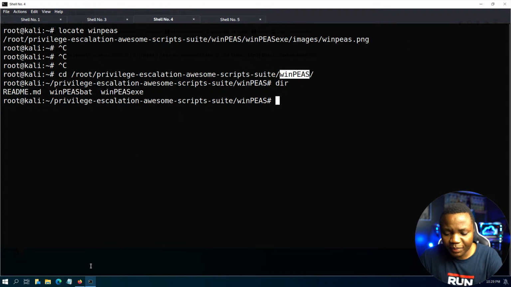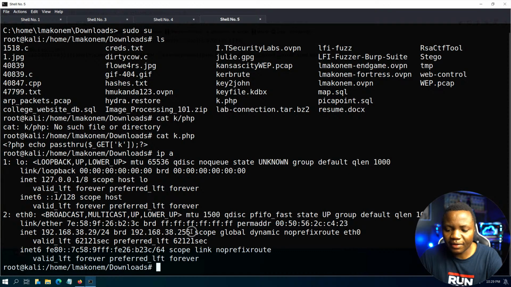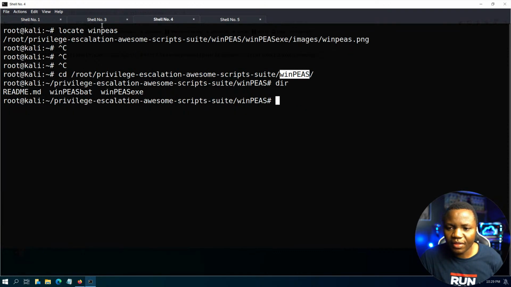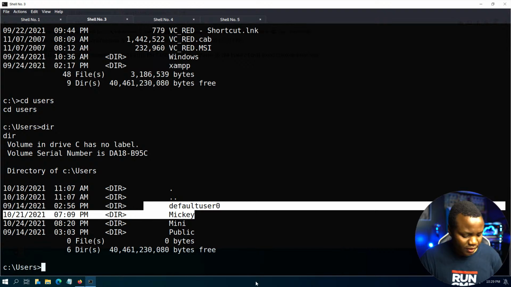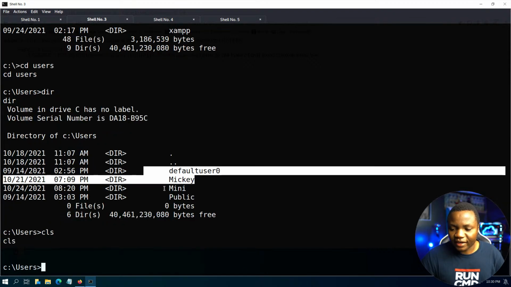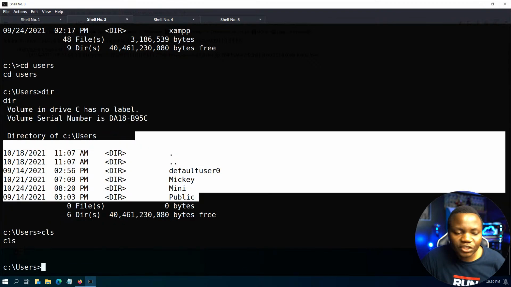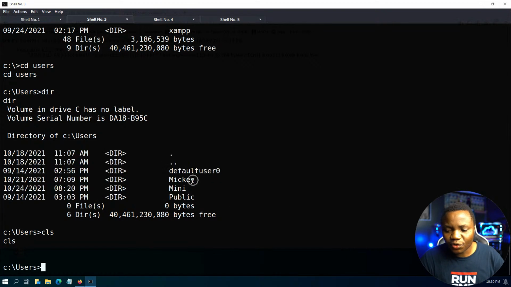I will not run WinPEAS because I want you to see a few things that you can do as soon as you get on the system. One of the first things that you should do is, oh, I cannot clear my screen. Great. Check what users are there. Just in case, through your enumeration, you could have seen somebody's password somewhere, and you can reuse the passwords and things like that. So always know what users are there. After that, you can